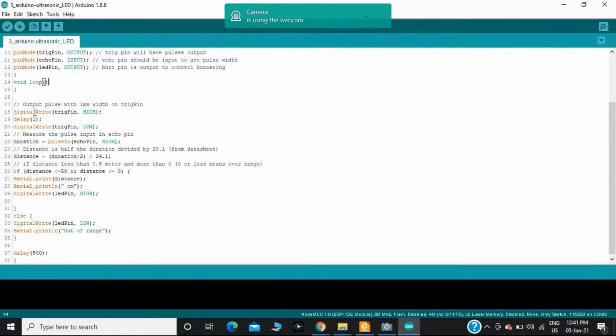I am writing the code digitalWrite trigger pin, HIGH, then digitalWrite trigger pin, LOW, and it is going to generate a sound wave from the trigger pin towards the object.